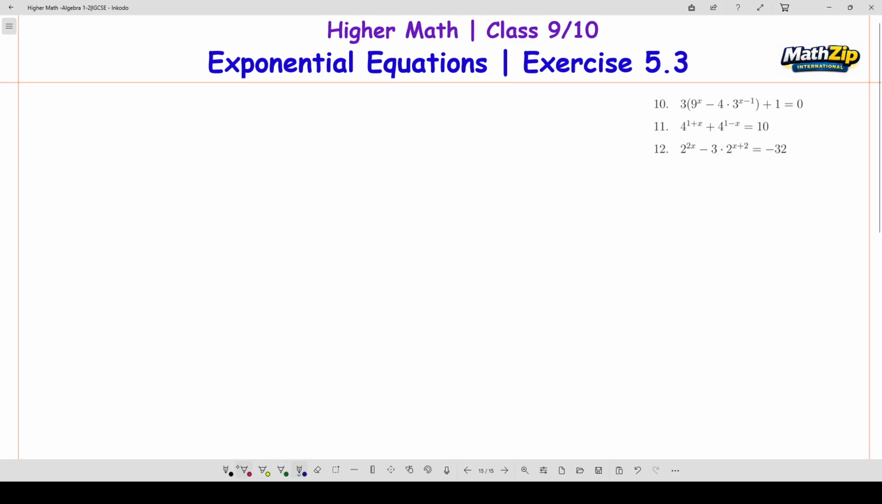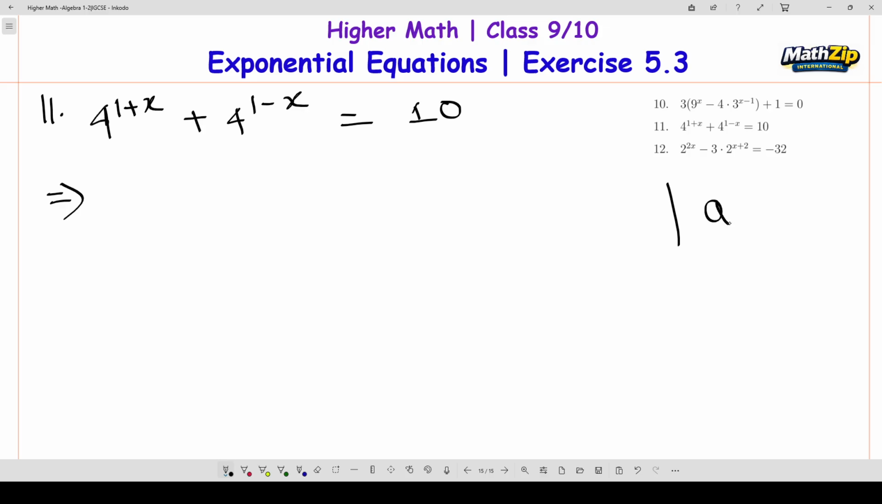Question 11. 4 to the power 1 plus x plus 4 to the power 1 minus x equals 10. So from the beginning we can write like,